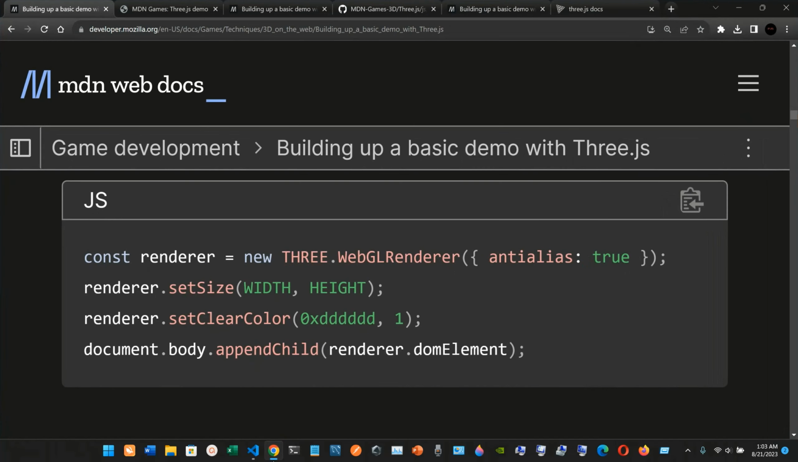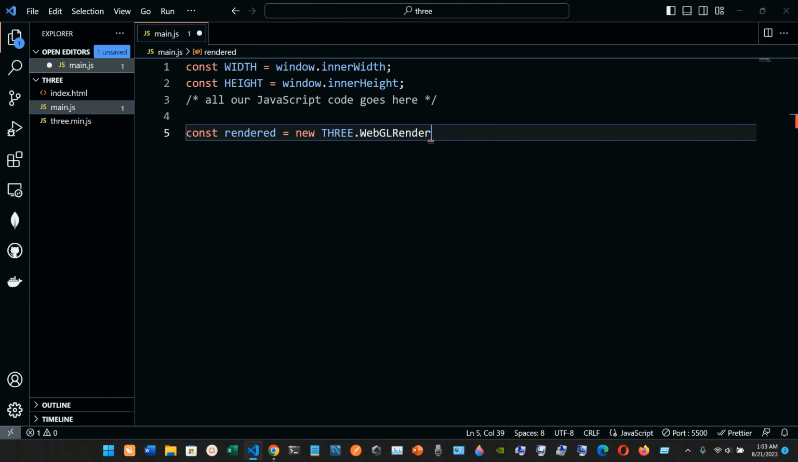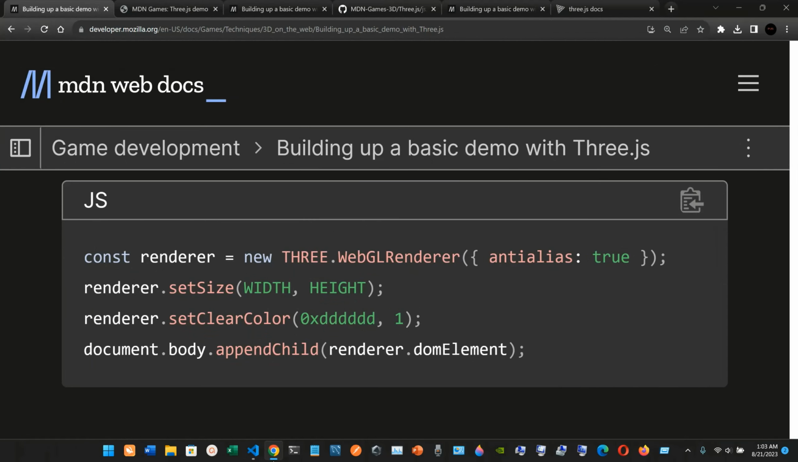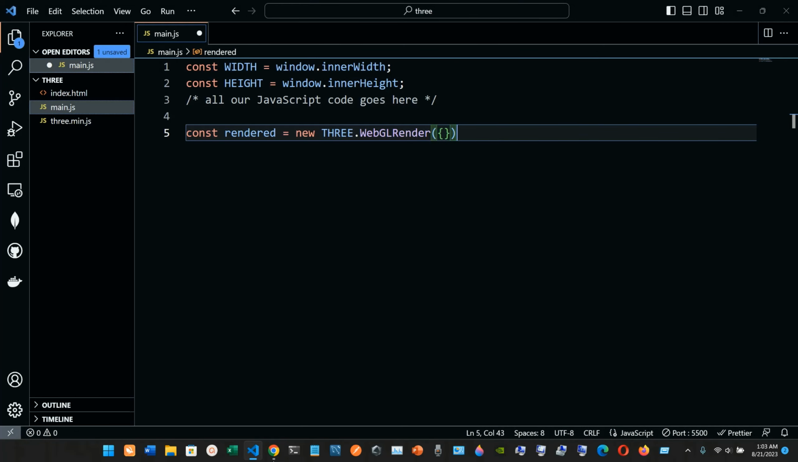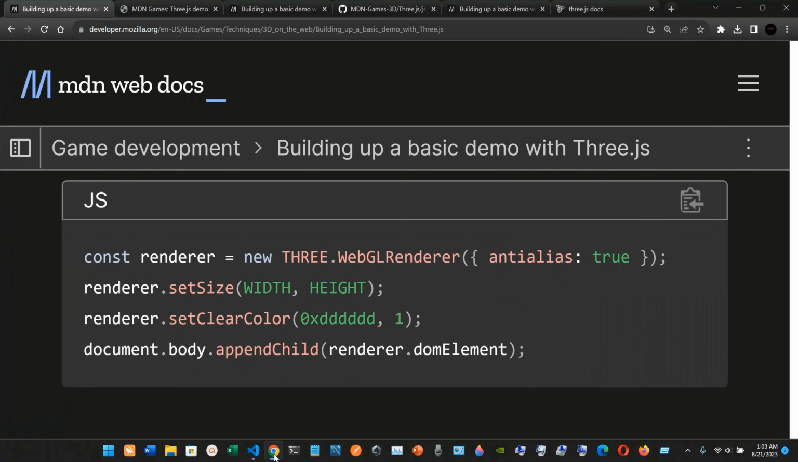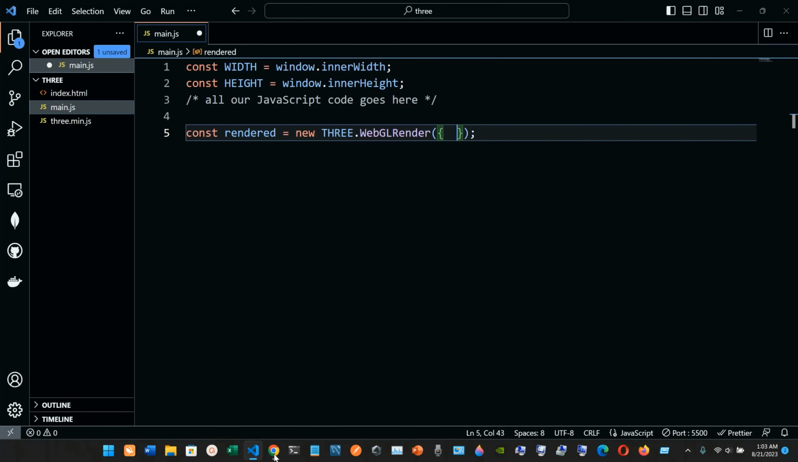WebGL render, and then we're gonna open parentheses, and inside of the parentheses we're gonna open curly braces, and let's end this whole statement with a semicolon. But let's go back to the curly braces, and we are gonna have in the